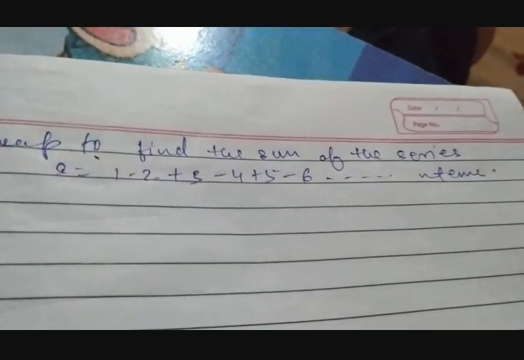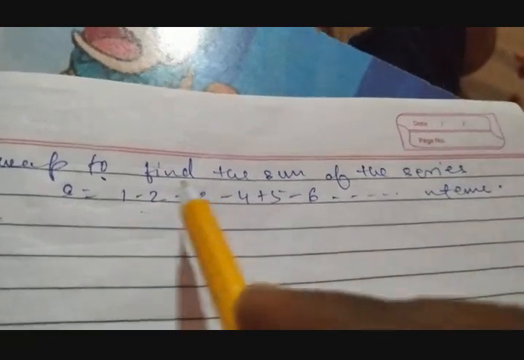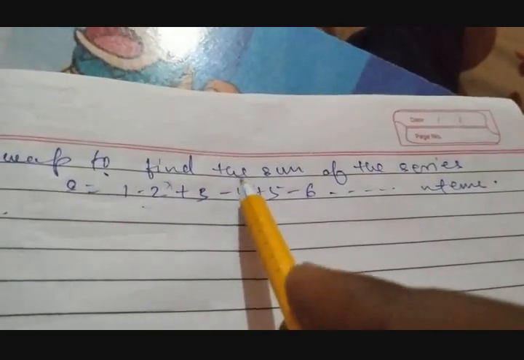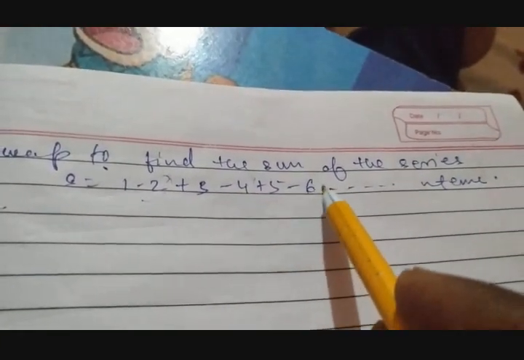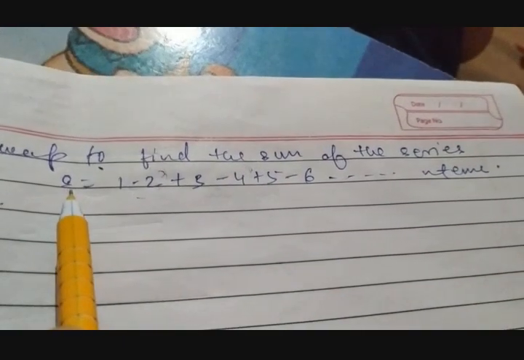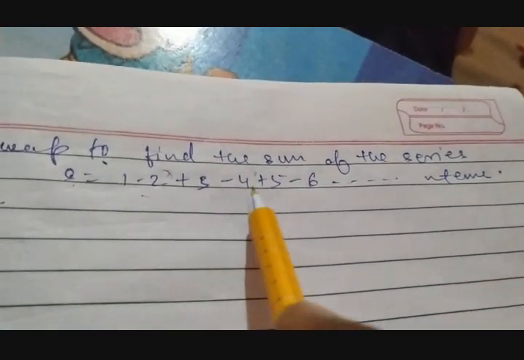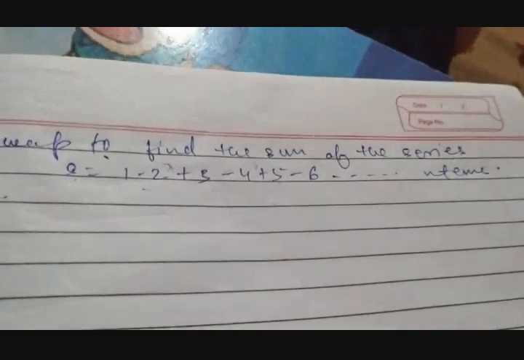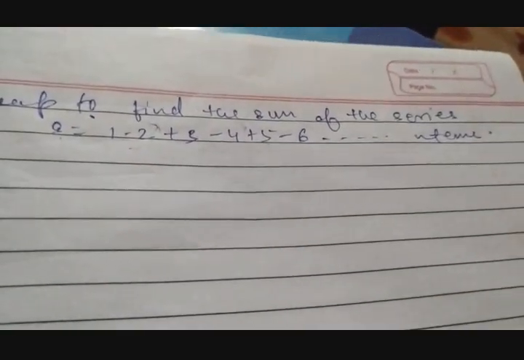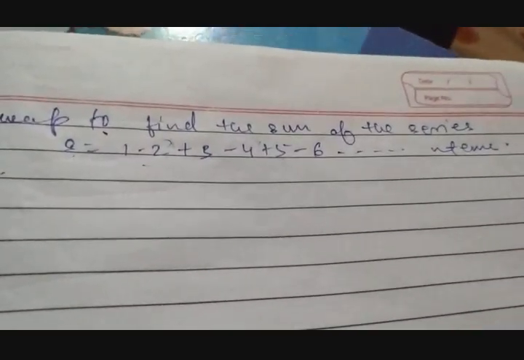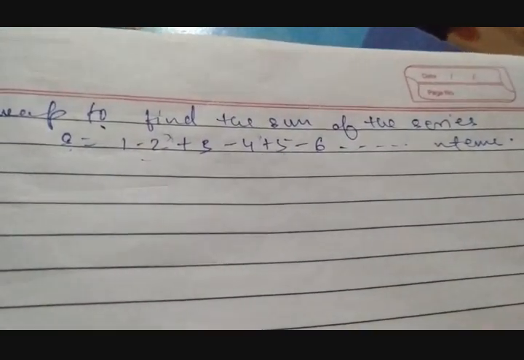Alright, so now here we go. What logic can be implemented by seeing this? These are all the even numbers. So even numbers will get subtracted from the sum, and all the odd numbers will be added to the sum. This is the first logic which we are going to implement here. This is part of a logic.